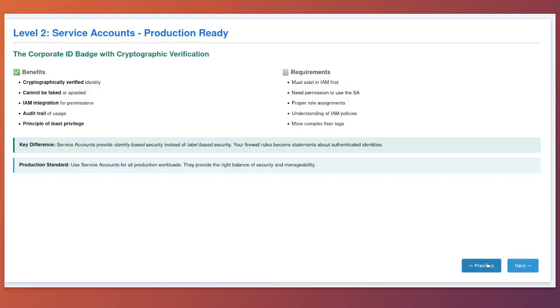accounts are more secure. A service account is not just metadata attached to a resource. It is a real identity in Google Cloud's identity and access management system. It has permissions, it can be audited, it has a lifecycle, and most importantly for our purposes, it cannot be faked or spoofed. When a virtual machine runs with a service account, it is not just saying I am a